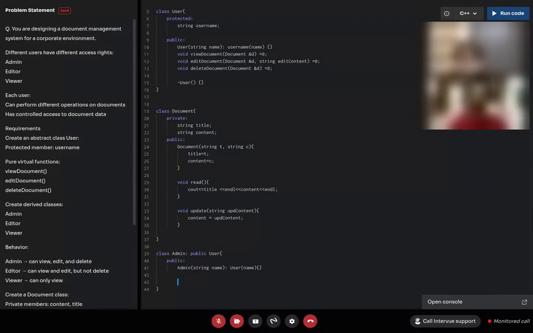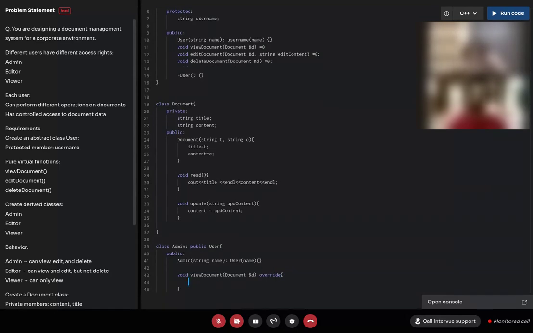We had view document, so void view document taking a Document, and we'll override it, the polymorphism thing. We'll do d dot read, because that's only cout.